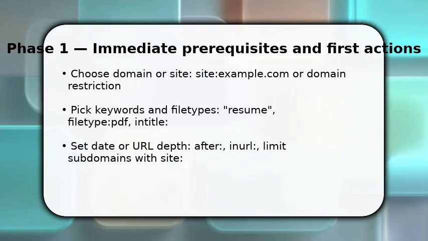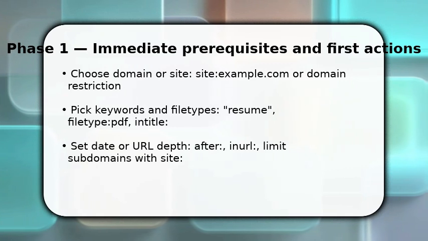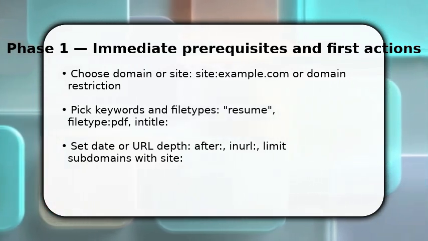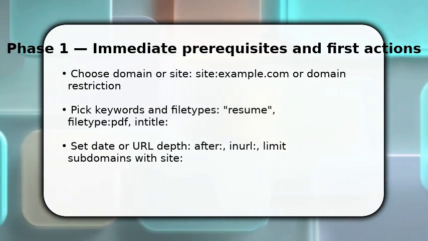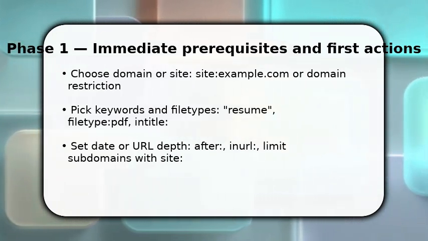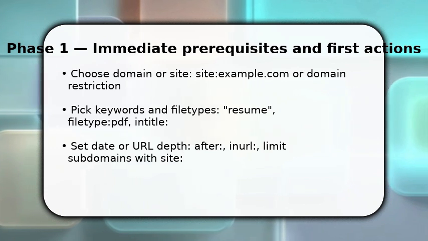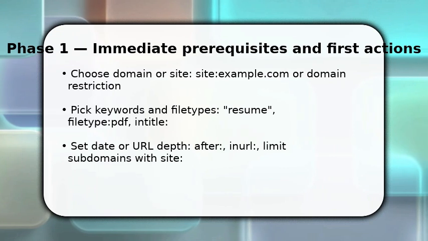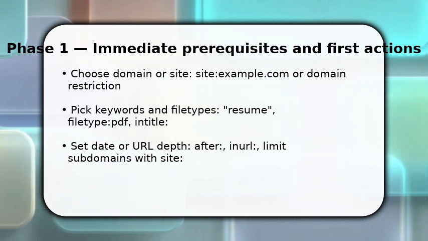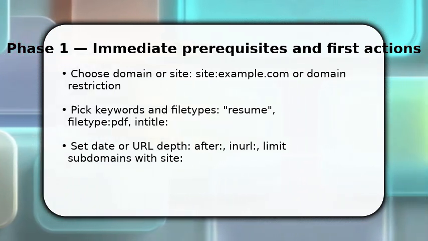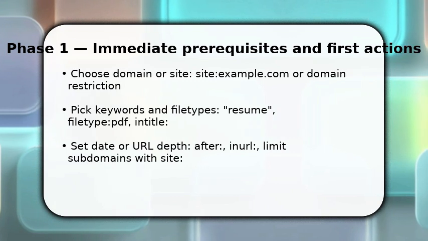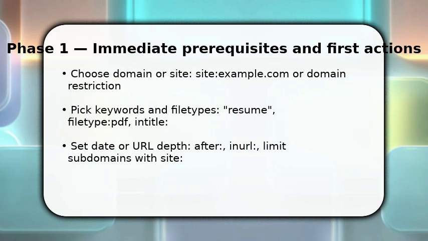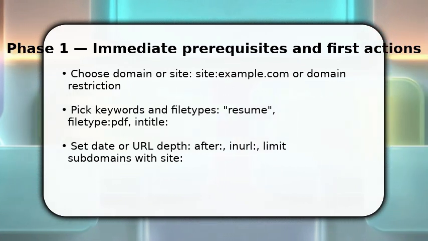You begin by defining a tight target and scope so results stay relevant. Enter site:example.com or limit to a subdomain, then add a keyword phrase like resume and a file type filter, for example filetype:pdf. Once done, include date or URL depth constraints, after:YYYYMMDD or inurl:folder, to narrow time or structure. This first action avoids broad noise, saves time, and creates a repeatable query you can refine after reviewing the initial